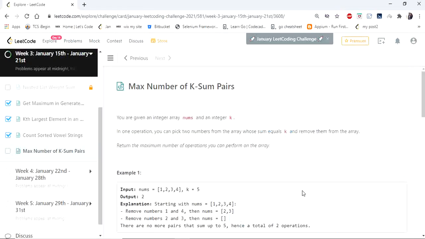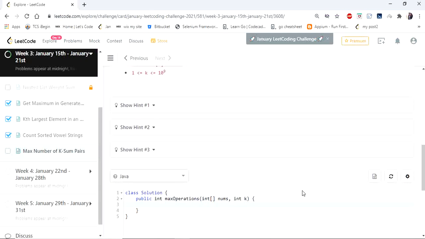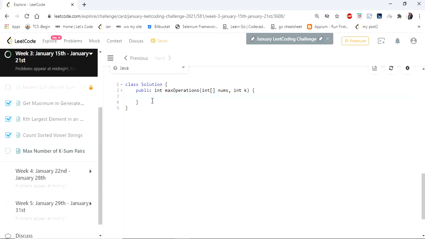As I explained the problem, I'm directly going to type the solution. As I said, I'm going to have three variables: left, right, and count. Let us initialize count, and first I'm going to sort my array.